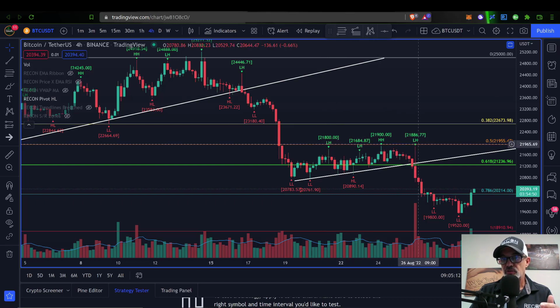And on this last rejection, it actually broke down below the trend line and the 618 Fibonacci level, and that led into a deeper sell-off, with Bitcoin's price eventually finding some support, albeit momentarily, around the 786 Fibonacci level, which was right around 20,200, only to eventually break down and continue to sell off and set lower lows. We get a lower low at 19.8, and then finally the Bitcoin bulls wake up and step up at around